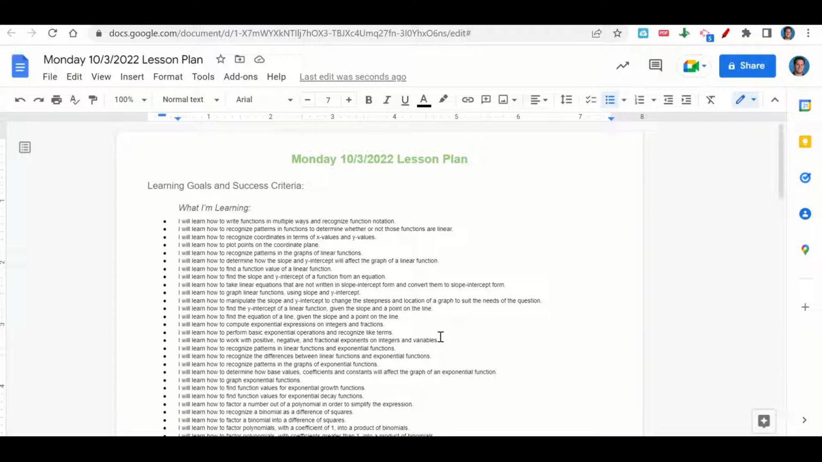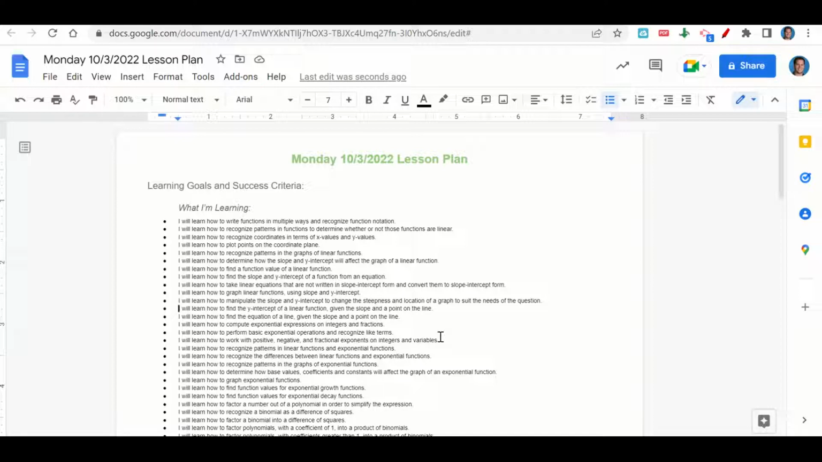terms, how to work with positive, negative, and fractional exponents on integers and variables, how to recognize patterns in linear functions and exponential functions, how to recognize the differences between linear functions and exponential functions, how to recognize patterns in the graphs of exponential functions, how to determine how base values, coefficients, and constants will affect the graph of an